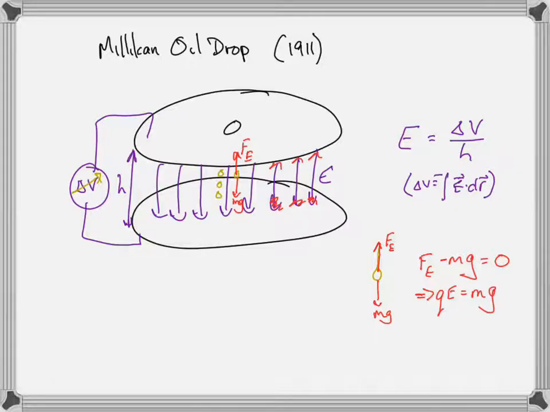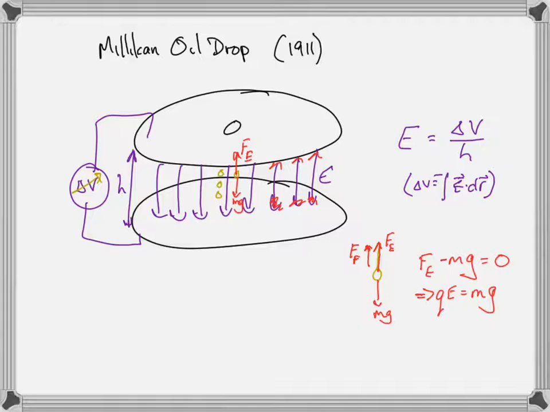Now, if he then lets the oil drop fall, there's an additional force. And what's the additional force as the oil drop falls? Let's say he just turns down the electric field a little. He doesn't get rid of it. He lets the oil drop fall. There's an additional force, and that is the frictional force, the air resistance. And these are small, light oil drops, so there is indeed a frictional force or air resistance pointing upwards